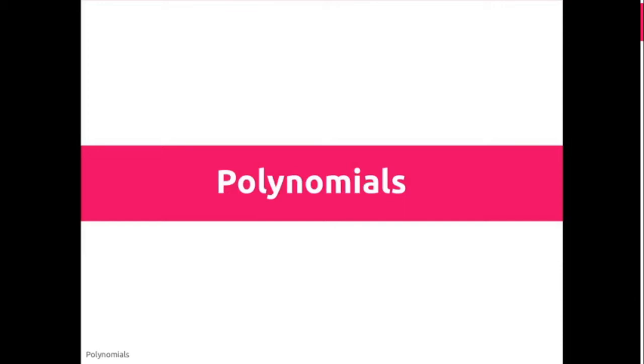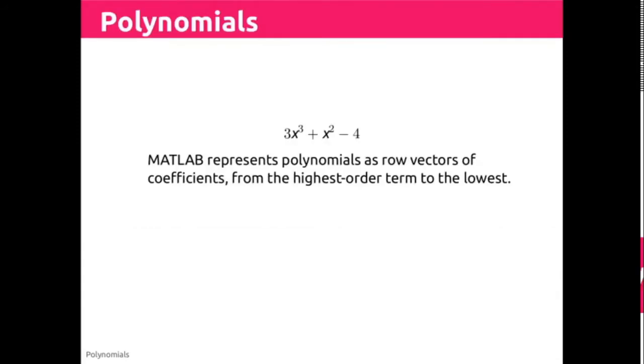Polynomials are functions that are powers of a particular unknown, frequently x or z. If we consider a function like 3x cubed plus x squared minus 4, we find that MATLAB represents this polynomial as a row vector of coefficients, starting at the highest order term down to the lowest. So this particular function would be 3, 1, 0, negative 4 as a row vector, with the first 3 representing